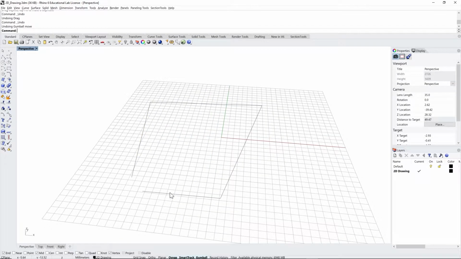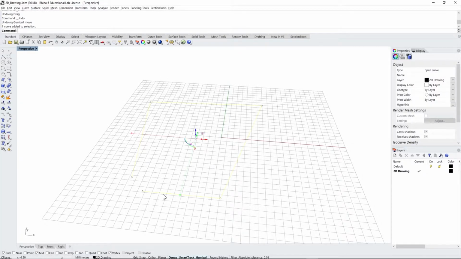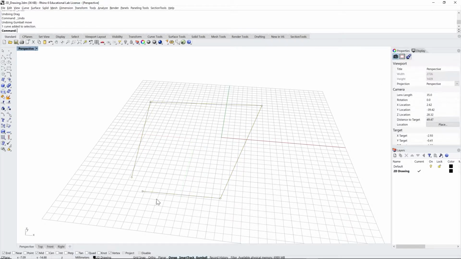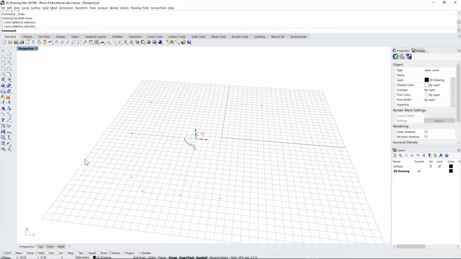There are different ways how to check if our curves or polylines are open and closed, so you can just select them, and the easiest way is just to go to the property panel and read this is an open curve. So you can just, by selecting the curve and then show object control points,